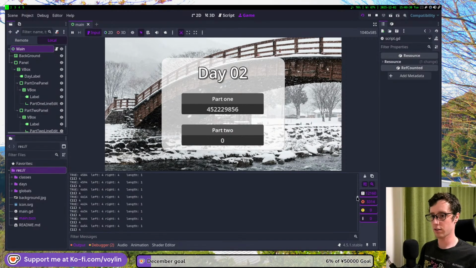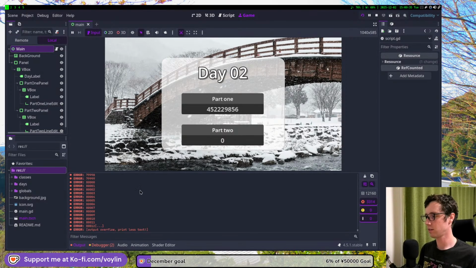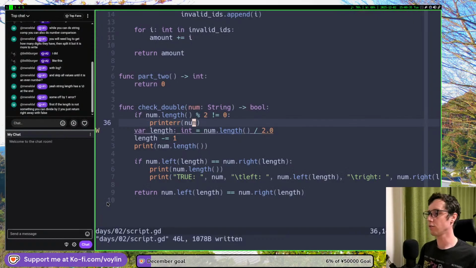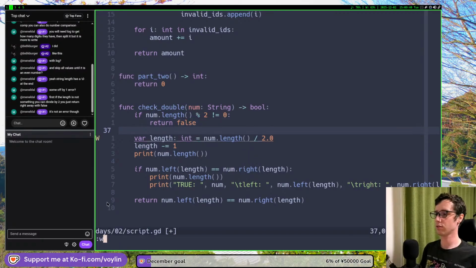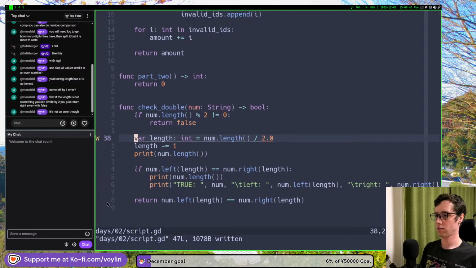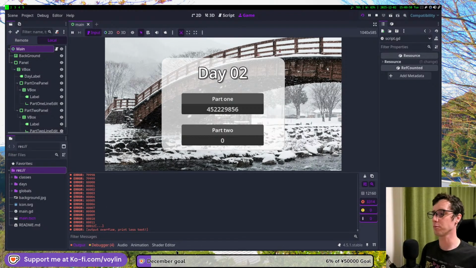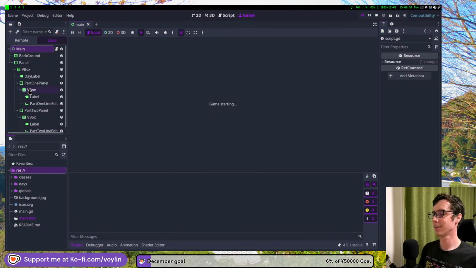Okay, so there are some errors. So yeah, not being able to divide by null is an issue. So return false. Yeah, no, it's not an error, but it's just so I can more easily see it in chat. So